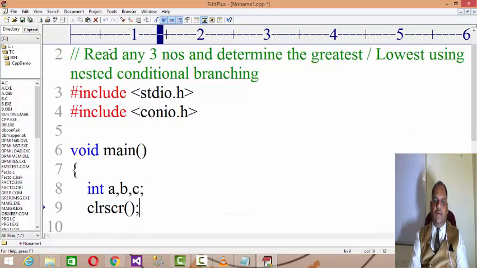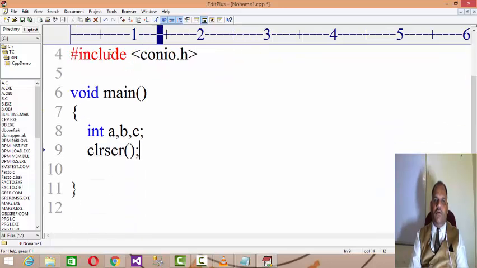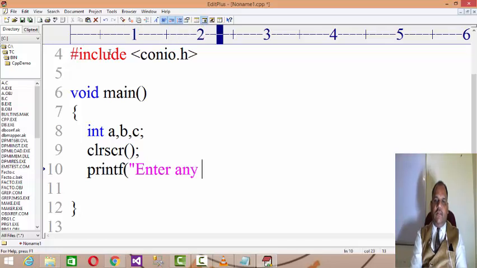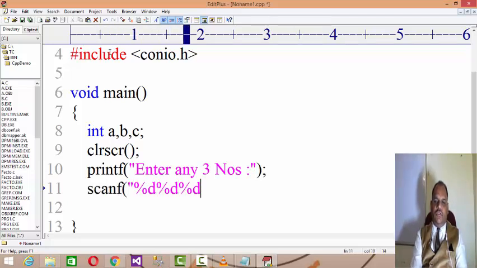So you read int a, b, c, and then you ask the user to enter any three numbers, and then you read the data like scanf("%d %d %d", &a, &b, &c).